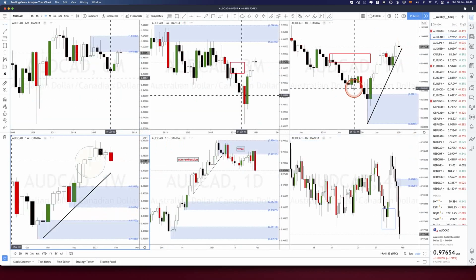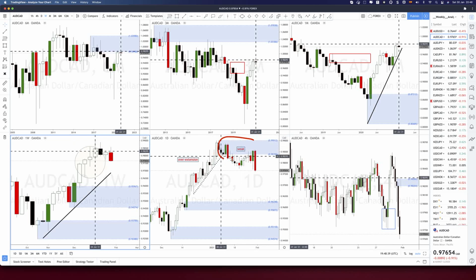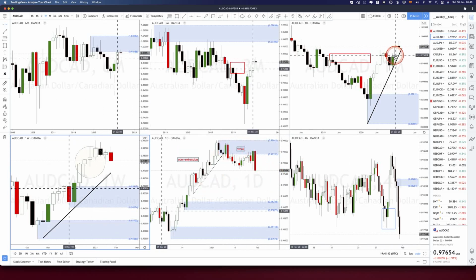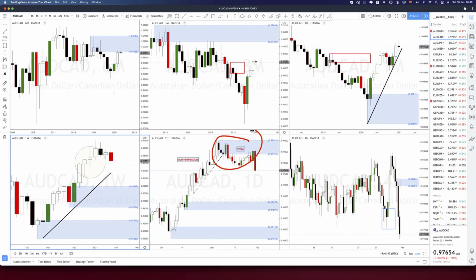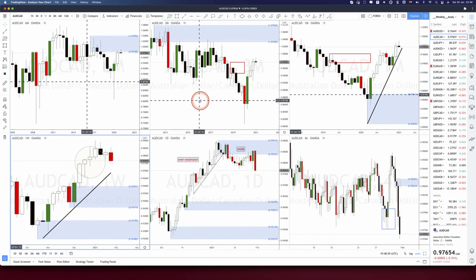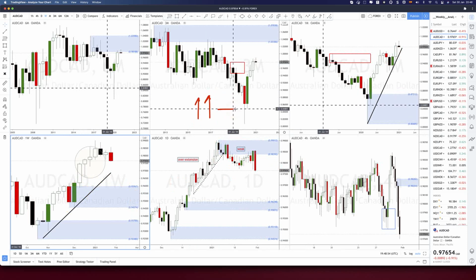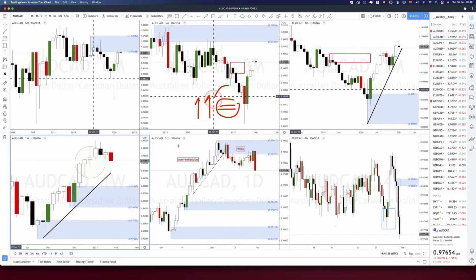On the Aussie CAD, we were expecting this weak area of supply to be eliminated. It just didn't happen. Monthly in an uptrend, weekly in an uptrend, longs will be possible there again because the daily is out of alignment. So realignment rules: monthly up, weekly up, daily out of alignment. That's the daily, let's say. So we need weekly imbalances.